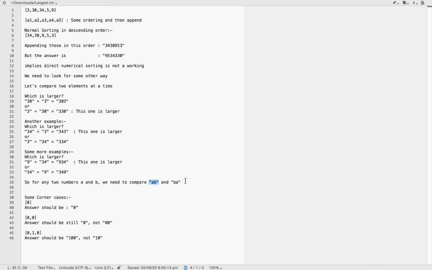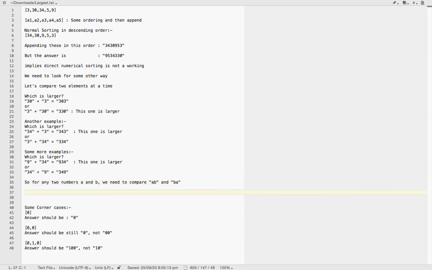Let's try to do it on this example. Just comparing the first digit itself, we get 9 comma 5, and then out of 33 and 34 we get 34 first, then 3, followed by 30.